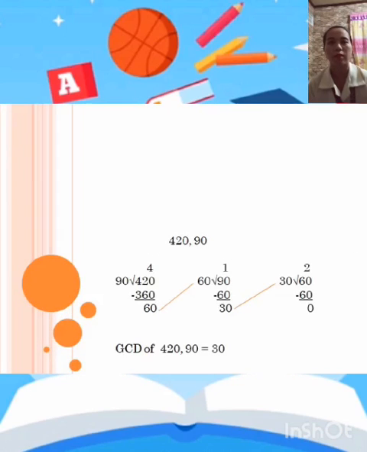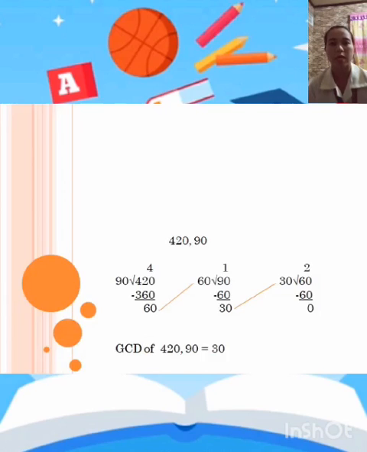Find the greatest common divisor of 420 and 90. The smaller value is the divisor and the other one is the dividend. 420 divided by 90, the quotient is 4. The product of 4 and 90, subtract it from the dividend 420, the remainder is 60. Then the next divisor is the remainder 60, and the dividend is the previous divisor 90. The quotient is 1, then subtract again the product of 1 and 60 from the dividend 90, the remainder